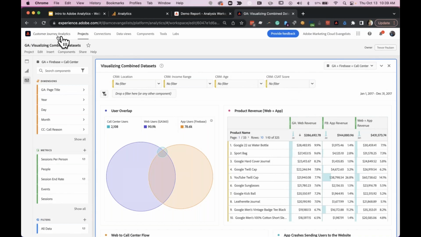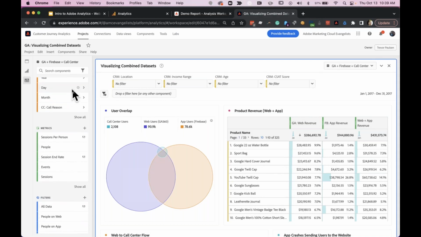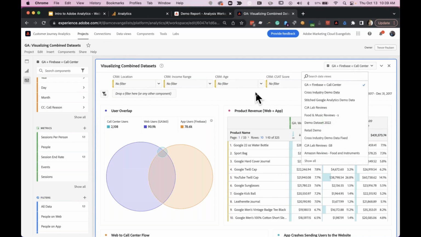And that's, for me, really what the backbone of CJA is. It is a tool that's basically taking Adobe Analytics and allowing you to input any data into the tool, and then giving you that front end to analyze all that data without necessarily needing to write SQL for everything or do all these complicated data joins and data ingestion. It can really make it accessible to your broader team. So in this example, we're actually using Adobe Workspace inside CJA to connect to Google Analytics, Firebase,